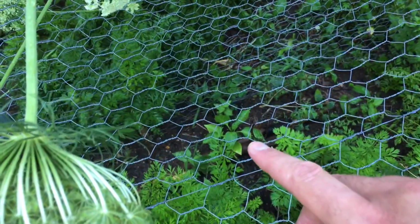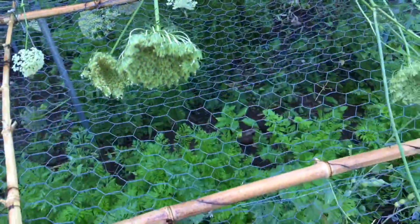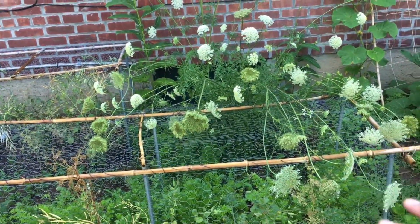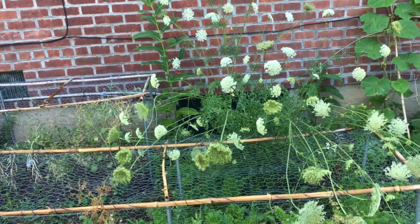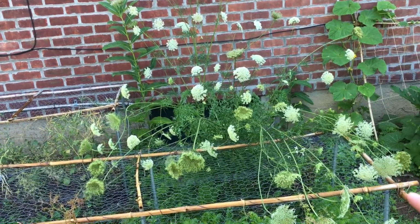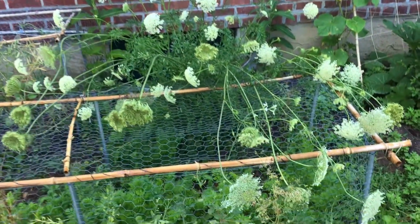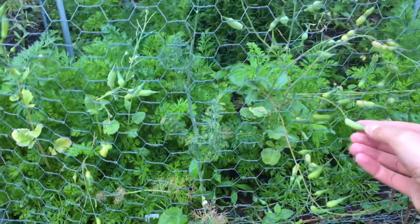Possibly this pepper plant here is the biggest out of all of them, but again, it's way behind, not doing too much. The garden has been watered, and these carrot flowers are getting kind of heavy now. There's a lot of them, and if there's some water on top of them, then they just sag on top of this bed. I'm probably gonna cut them eventually, actually soon, and I'll just leave those right there that are holding up. So not much going on in this bed except for the carrots and of course some radish seed